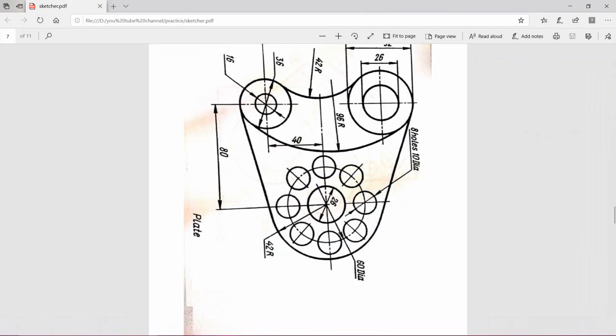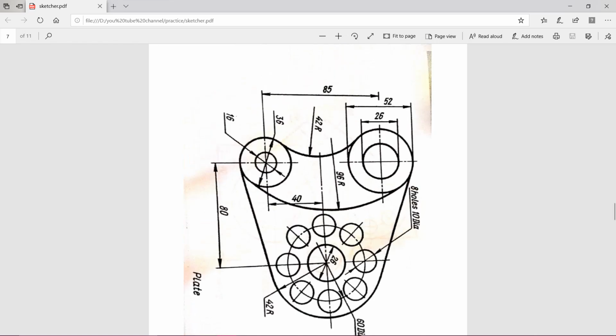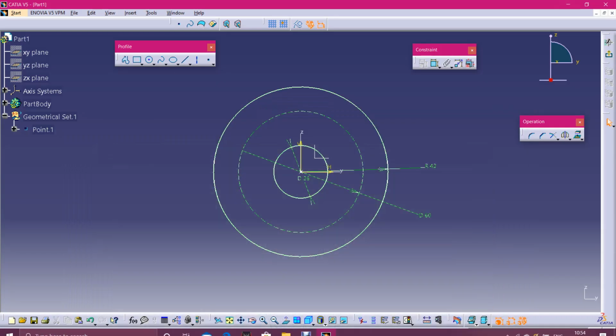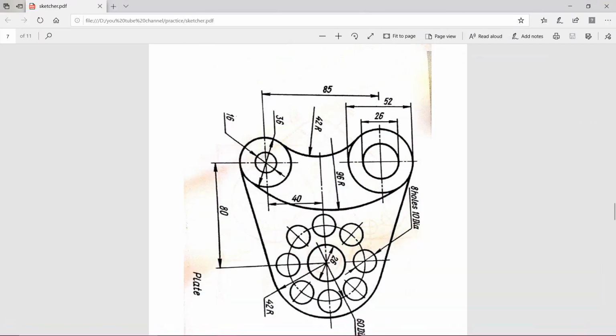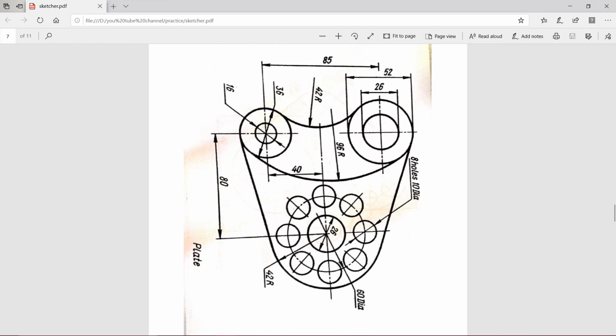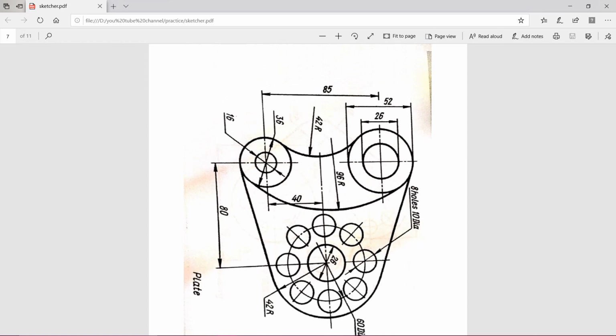So after that, what is there? We have other two circles at a distance of 80 mm, and the distance between two circles is 85 mm. So one is 36 mm dia and 16 mm dia, 26 mm dia and 52 mm dia. So just remember, the basic thing that a designer should have is imagination skills. The way you imagine and the speed that you imagine, that will make your sketch simpler. Don't get confused seeing all this. You have to just find out basic dimensions. That means what is the distance between these two. You will get automatically the required sketch: 16, 36, 26, 52.